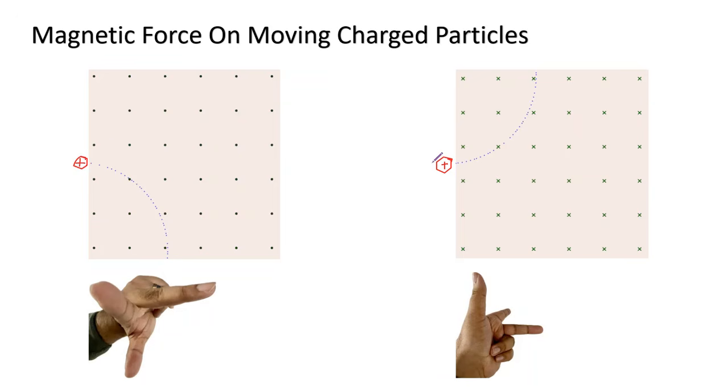So here, always remember, if you have a positively charged particle, the direction of movement of a positively charged particle is the same as the direction of current. So the positively charged particle is going to the right, so the current is to the right as well. This is I, current. And the dot represents magnetic field out of the page. This is B, as in magnetic field. So applying Fleming's left-hand rule, you see the force